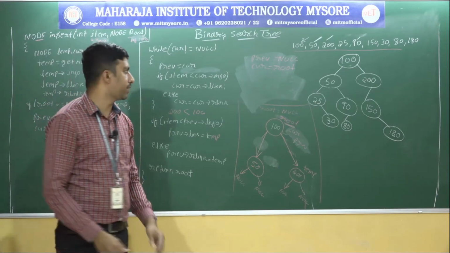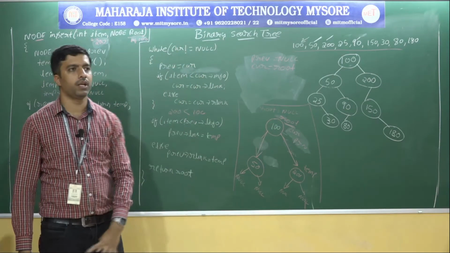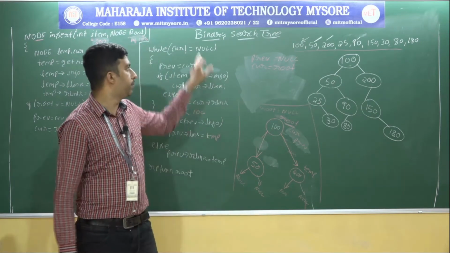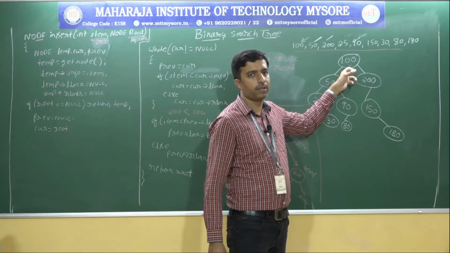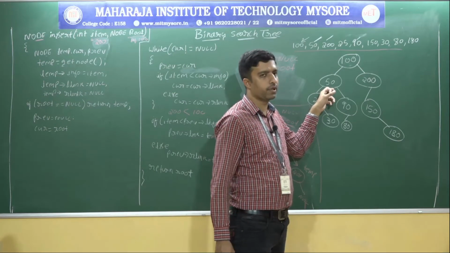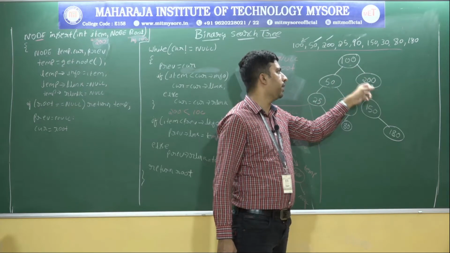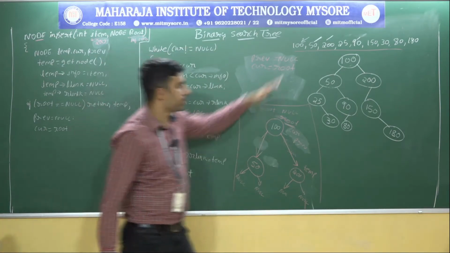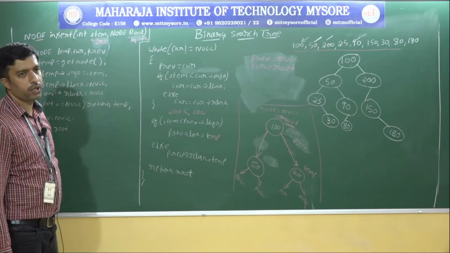Binary search tree, I want to recap how it works. First of all, binary trees are trees which have a maximum of 2 children. In a binary search tree, take any node x: the left subtree has info less than x, and the right subtree has info greater than x. That is a binary search tree. How to construct it?